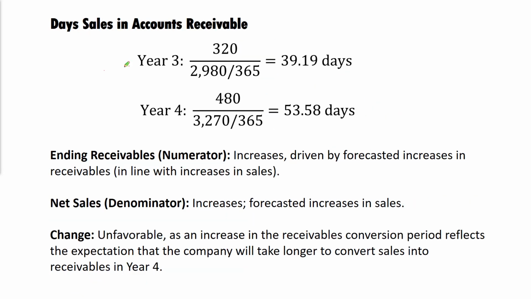Now, a comparable ratio, I want to say comparable because how it's calculated and its general meaning are quite similar. This is days sales in accounts receivable. So it's more or less the AR counterpart to the inventory ratio we just looked at. In this case, the numerator is expressed as ending AR. So I'll abbreviate that as EA/R. And the denominator is sales, so I'll just abbreviate that S.